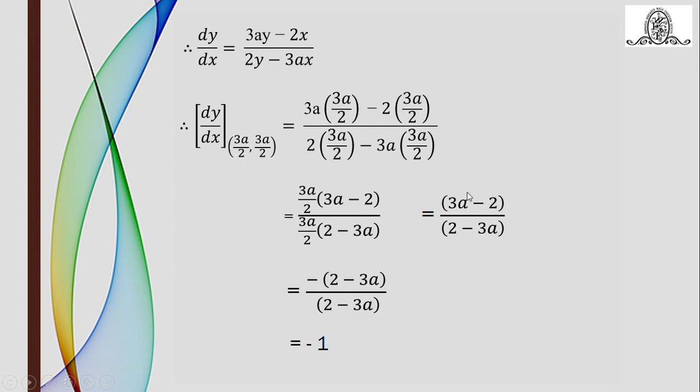From numerator, if you take minus sign common, we can observe once again that the brackets are actually same, only the difference is in sign. So take minus sign common from numerator or from denominator, from anything you can. So minus sign we have taken from numerator here. So the bracket becomes 2 minus 3a. The terms get shuffled, sign will change. So now these brackets are same, so they get cancelled. The answer is therefore equal to simply minus 1.